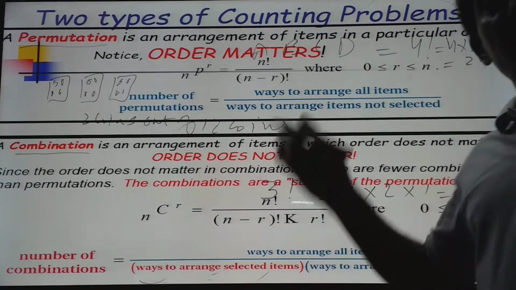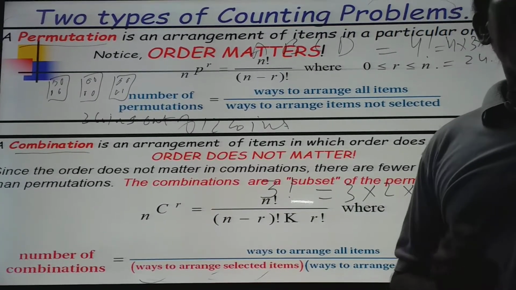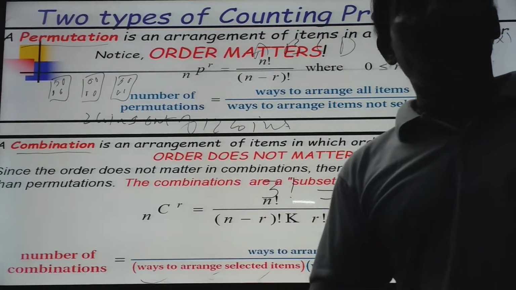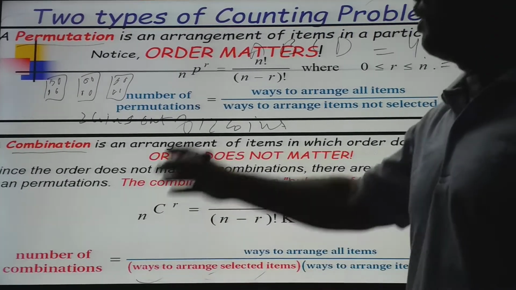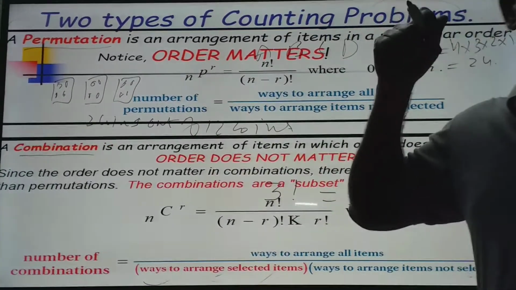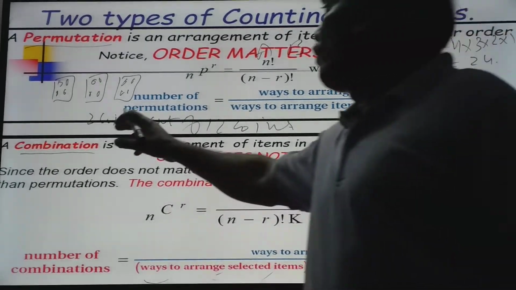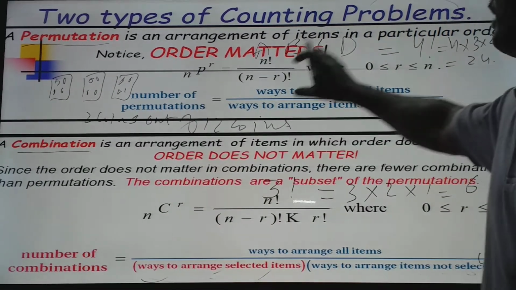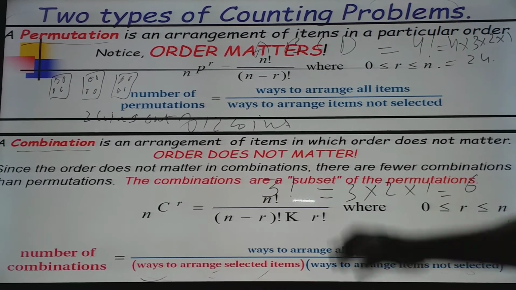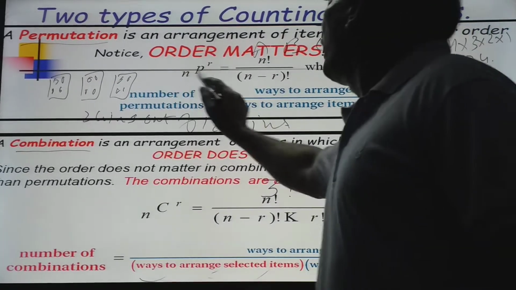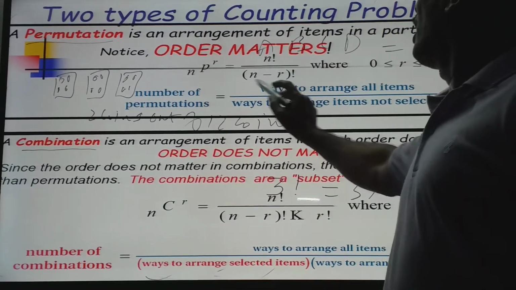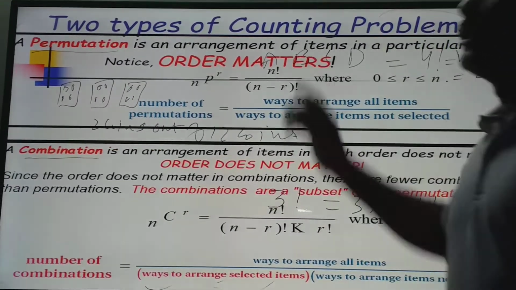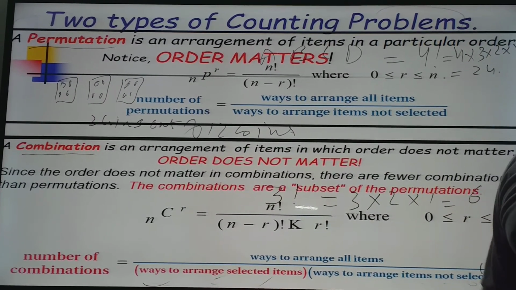In the previous example, I told you that you have to pick or arrange 3 numbers in 3 chairs or 3 places. Here you have to pick, choose, select, or arrange a few numbers out of the total numbers. So whenever you get this type of problem, you will apply these 2 formulas. The first formula is nPr equals n factorial over n minus r factorial. It means in this problem, the order matters. In this, the order matters.